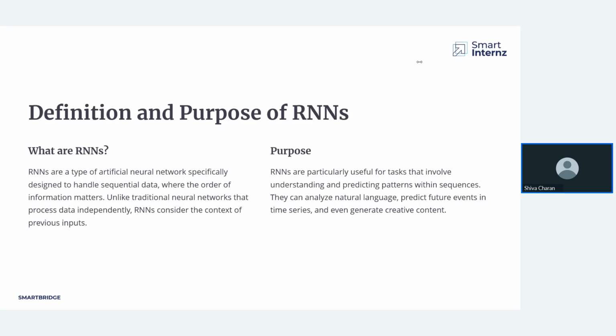Okay, and it will consider the context of the previous input. So the context of the previous input is considered, and then this input gives us the output. Basically, how the whole flow works: let's say we have an example like, today it is raining. Today it is raining. So now what happens is